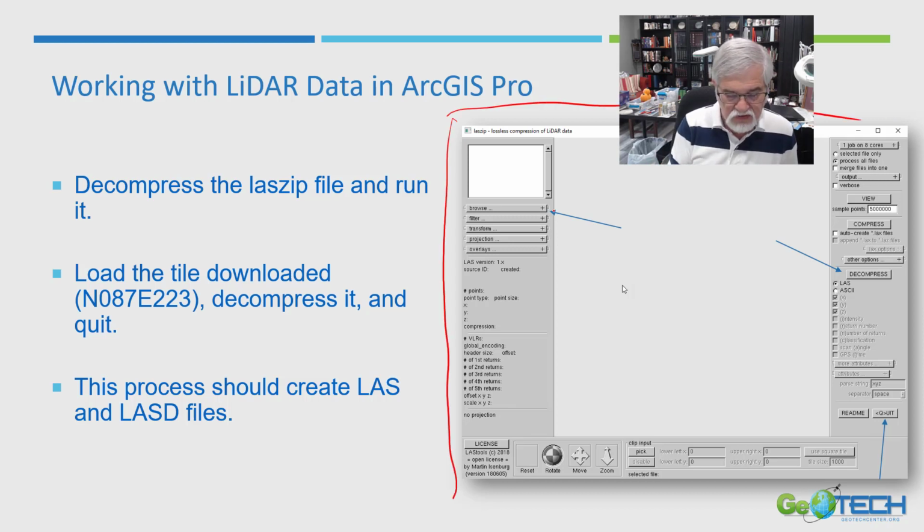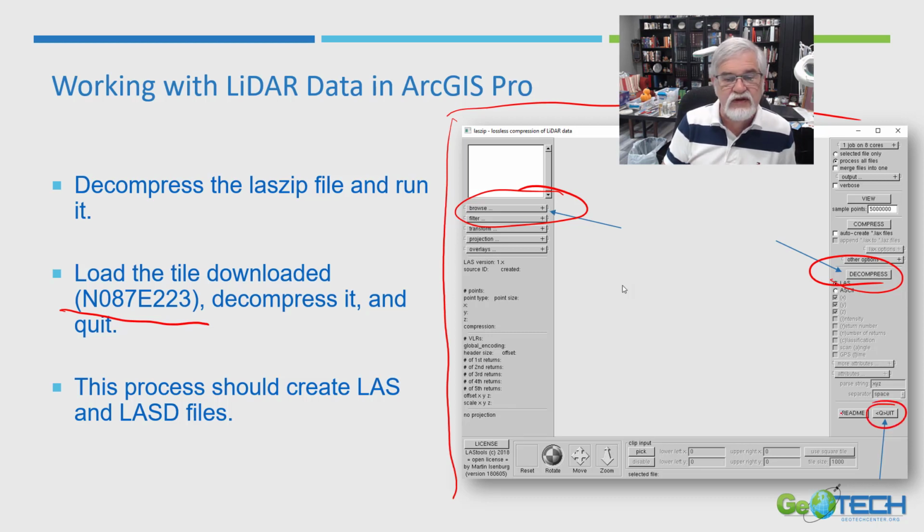And you can see here that you can browse to where that data was. Normally if you're downloading something, it's going to be in your download folder. So that's where I'm going to browse to, is my download folder. I'm going to find this tile that we downloaded and decompress it. So I'm going to press the decompression button here to decompress it. And then when I'm done, I'm going to press the quit button, and I will have downloaded and decompressed this